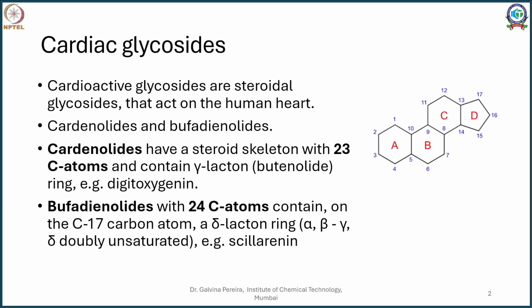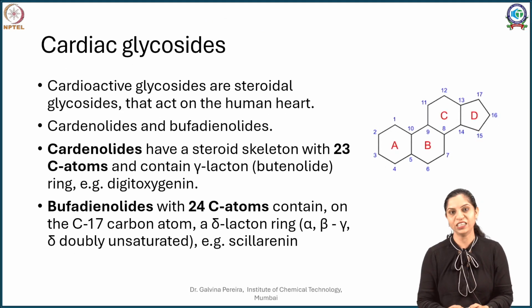Cardiac glycosides, if you see, are sterol glycosides. By nature they are steroidal moieties and they have a good ability to act on the human heart. As they are glycosides, the steroids have been attached to sugar molecules, which make them more absorbable and affect their ADME, that is the pharmacokinetic parameters. The pharmacodynamic parameters are attributed to the steroidal moiety.